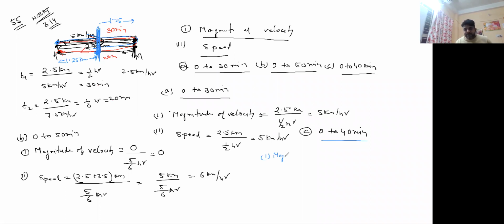So my third one, 0 to 40, my magnitude of velocity, that is कितना होगा? 1.25 by 40 मिनट, मतलब 40/60 ना, माने 2/3 आवर, ये सुन लो। तो ये क्या हो गया? 3.75 by 2 किलोमीटर पर आवर। यू कैन कैलकुलेट दिस, इतना मेरे पास टाइम नहीं है। नंबर टू में देखो